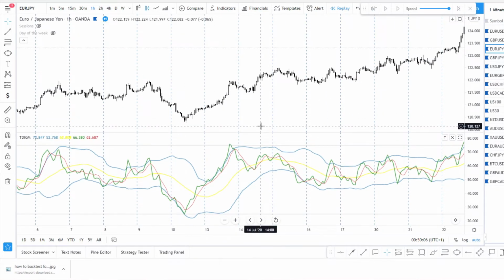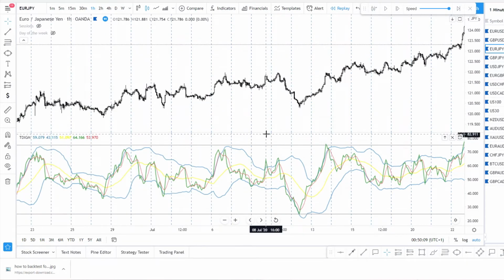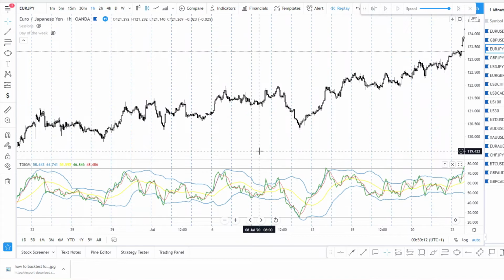So take a look into this and let me know if you like this method, this indicator. This indicator is very good and I am recommending you to take a look into it. And if you want, I will do a video on small time frames, because of course if you use 1 hour time frame, then you have to wait. If you use 5 minutes, 1 minute, then it's faster, but it's different. You need to act fast, but of course scalping is fast. So let me know if you want. I will do a video on small time frames and some more explanations.